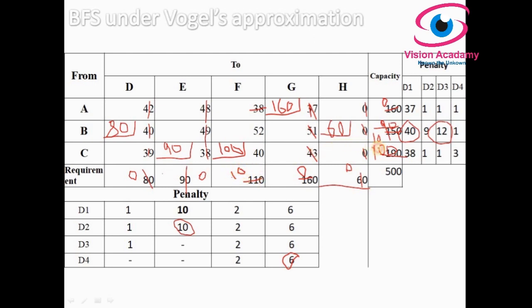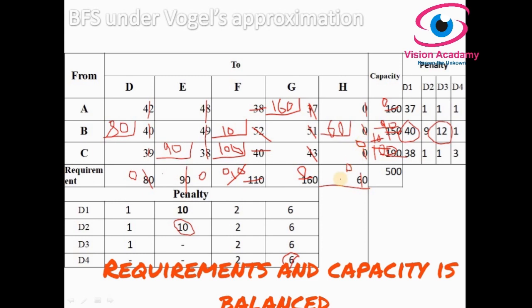Here the remainder is nothing, so you can strike out this cell because you allocated that already, and the last cell is 52. Compare requirement and capacity for this leftover cell. The capacity is 10, requirement is also 10, so I assigned 10 and struck it out, with 0 requirement and 0 capacity. In this way we made an allocation for this column.